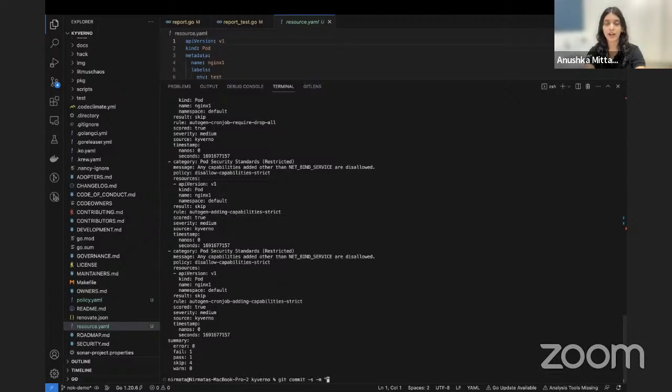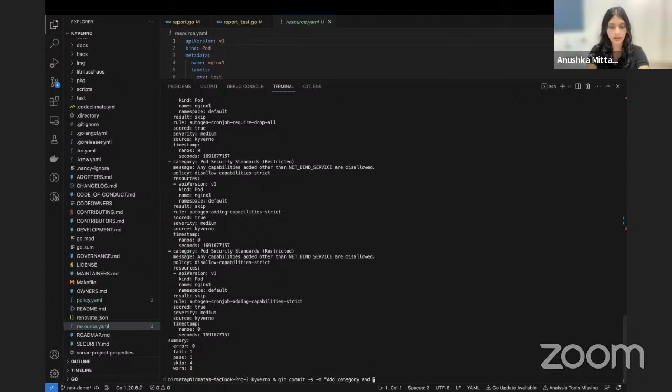This helps keep a track of who the author of the change is, and this is necessary. And Kyverno has a DCO check as well in its GitHub actions. This basically helps keep a track of the author, and you should really do this with your commits. All right, so let's add a meaningful commit message, maybe something like add